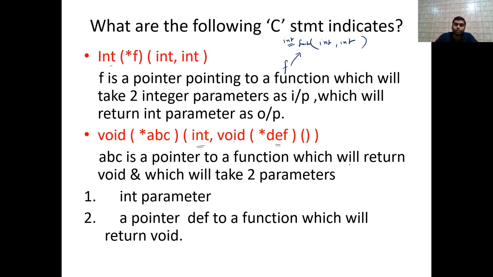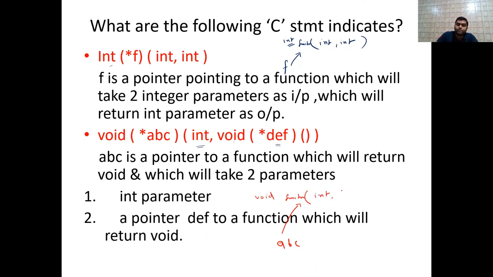So what is going on? So abc is a pointer. So abc is a pointer pointing to a function. Observe very carefully, here below I am drawing. abc is a pointer pointing to a function. Okay, so this is a function which will return what? Void as an output. Which will take two parameters.